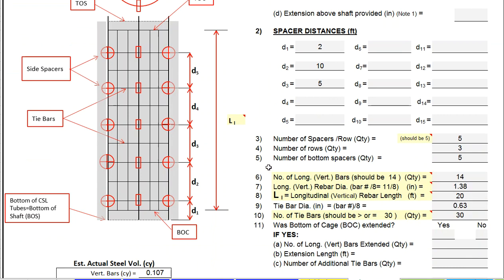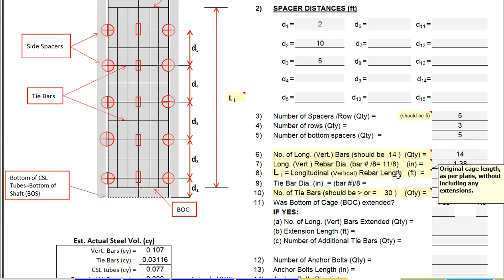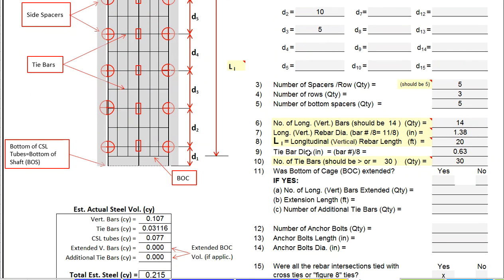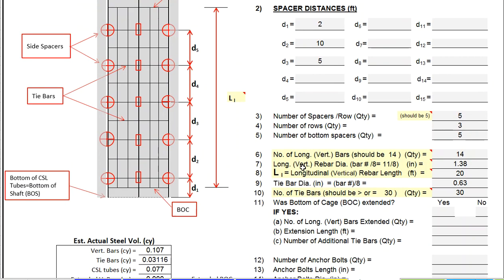Now, you will input here the number of longitudinal bars. You will input the rebar diameter for these longitudinal bars, and the length of those rebars. Tie bars, by the way, are these horizontal or radial reinforcement. Sometimes they are called lap bars, or I think they may even call them hook bars, but in the spec this is called tie bars. So please keep in mind that